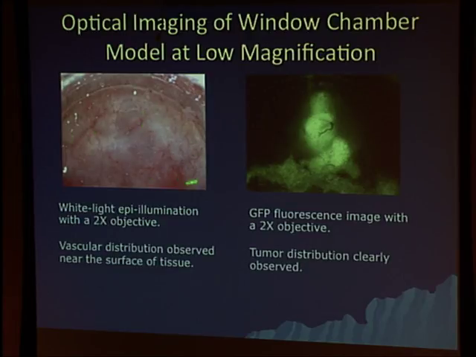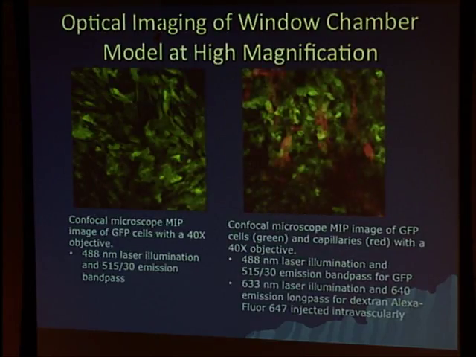So it's a nice model system that now allows direct visualization of what's going on inside the breast. And so here's just a white light illumination. You can see some little microvessels, but where's the tumor? Almost impossible to tell. But since we're using the GFP labeled tumors, a transfected tumor line, you can see very nicely where the tumor is in here at low resolution. And you can push up to even much higher resolution. So this is a 40x objective and you see individual cancer cells. So these are GFP cancer cells, very nicely defined.